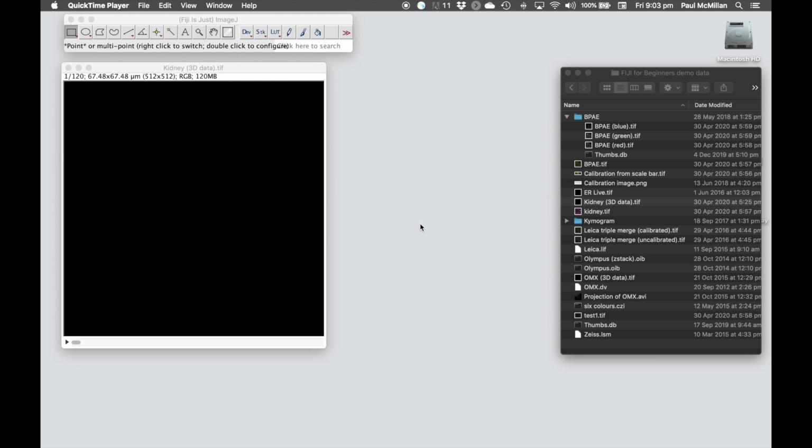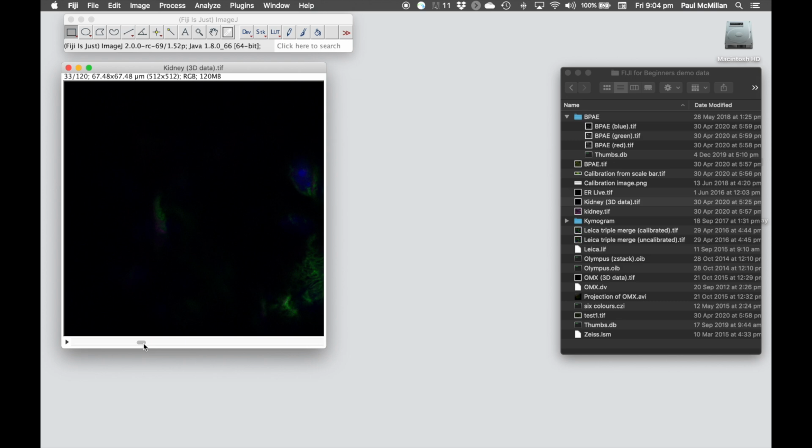We're going to present this 3D data now not in a 2D format but as a movie. The first example we're going to do for this is something called a Z translation. So we're going to use the kidney.3ddata.tiff image, and we're going to present a Z translation. Basically, it's a movie of us scrolling down through the focal planes